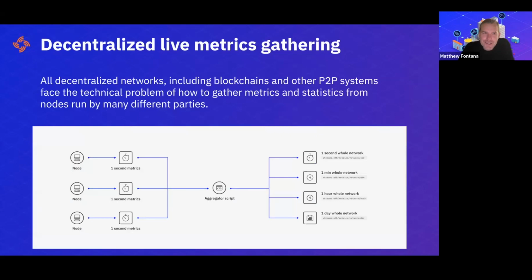Then there is decentralized live metrics gathering. This is an example of a bit more of a data transport use case. I think this will be quite interesting in terms of what could be achieved with, say, Livepeer plus Streamr. This is an example of how we collect metrics on our own network,